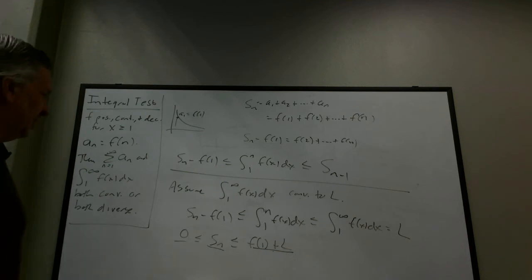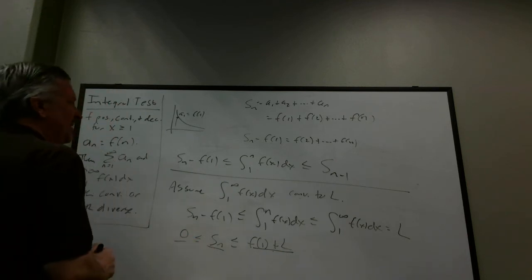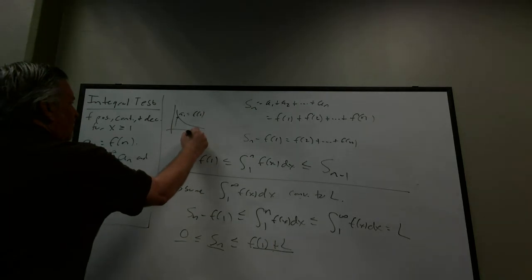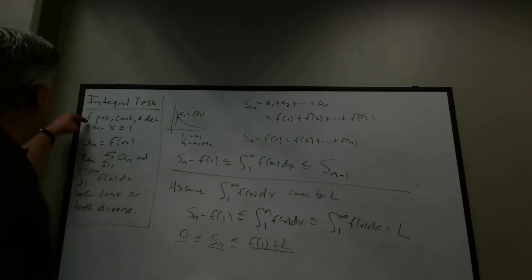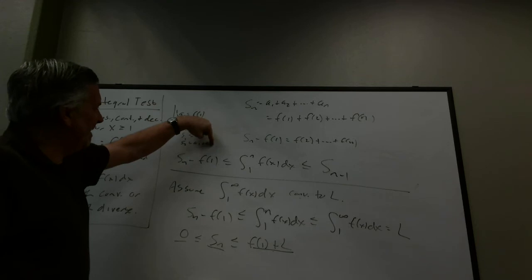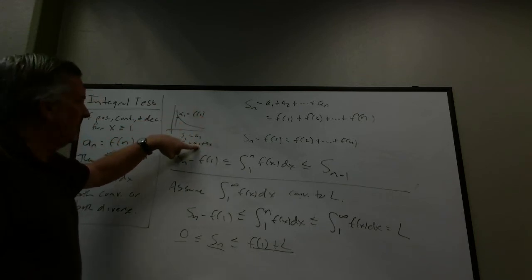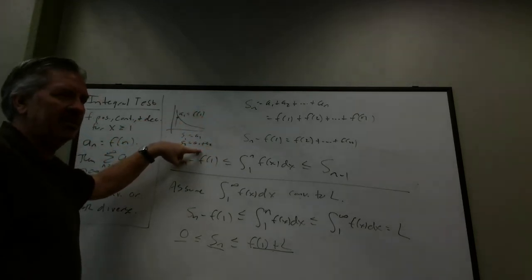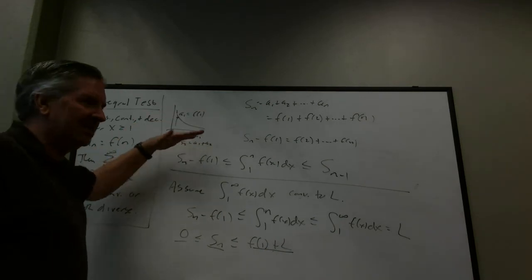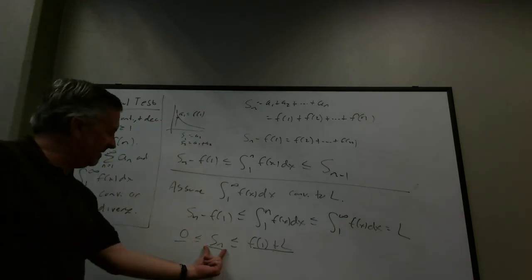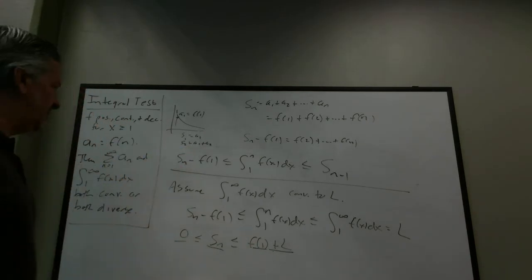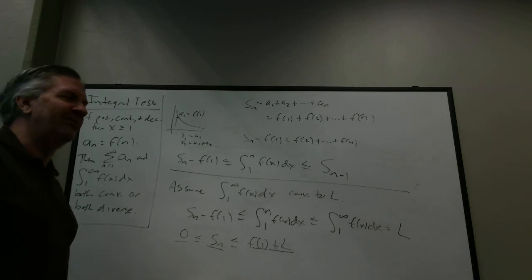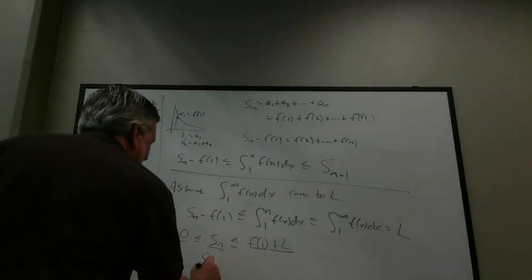Now, I hope you also agree, isn't the sequence Sn going to be monotonic? Because S1 is A1, S2 is A1 plus A2, etc. Every single one of these A values is positive. So if you have A1 and you add a positive number to it, you're going to get bigger. And when you add A3 to that, S3, you're going to get bigger. So the sequence is actually increasing, which is monotonic. So the sequence Sn is bounded, and it's clearly monotonic. And we had a theorem that said if a sequence is bounded and monotonic, the sequence converges. So this tells me that Sn, the sequence,